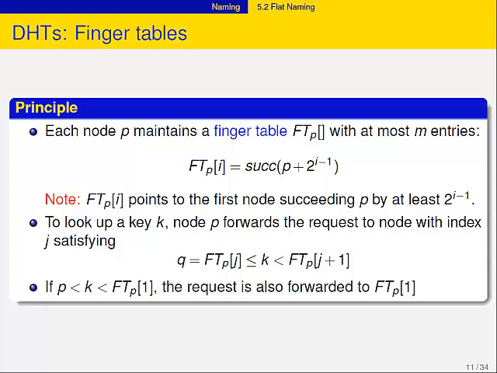I live in this part of the world. I'm going to slice it up in 2 again. And I'm going to say, well, give me a pointer to this part. Close by, but far away, not any of my concern. And there we go again. I slice it up again, and again. And this goes on and on. What I will be doing in the end is maintaining pointers to the first node succeeding me by at least this distance. Close by, a power of 2 further down the road, another power of 2 further down the road, etc., until I'm on the other side of the ring.